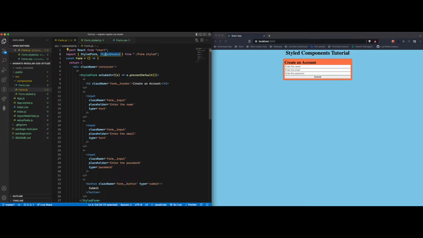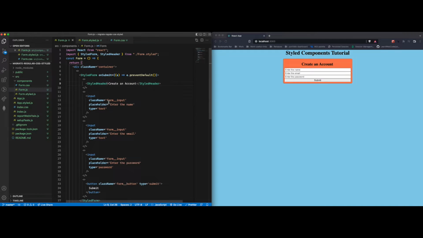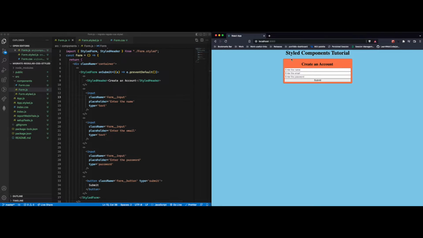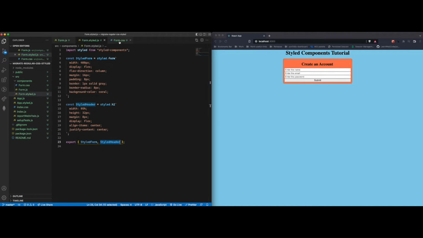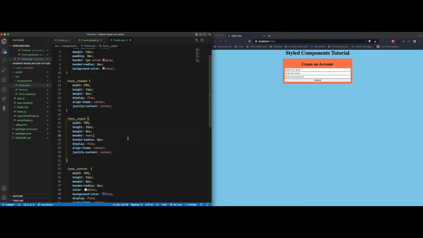And instead of this s2 tag, now I can use the style header. Since we already did that, I can get rid of this class name. This class name shouldn't matter at this point because we're not importing the CSS file too, but since we're tackling one by one, we're going to get rid of this one by one. Now, our form is looking a little bit better. The next thing that we need to fix is, since we already dealt with form header, now let's deal